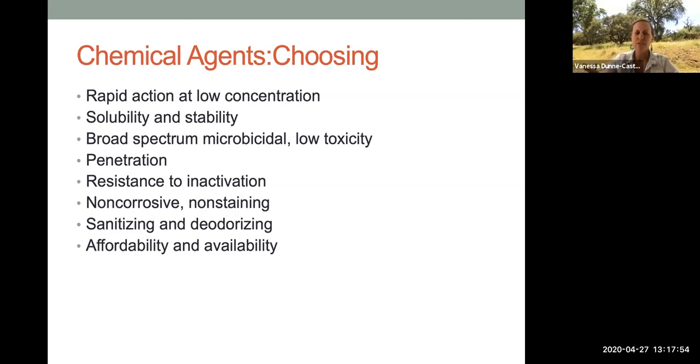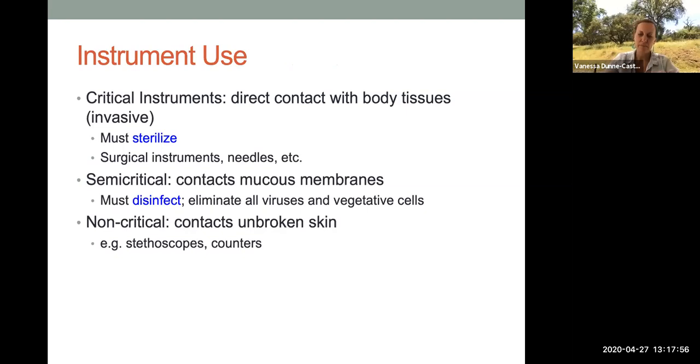Okay, so some more concepts here. These ones are going to be a little bit more important for you when choosing the most appropriate chemical agent. And I think this is not from your book. So if you're looking at the slide and trying to find the correlated parts in your chapter, I think I took this from a different book, but I really like this. And I want you to be able to use these terms when you're deciding the best chemical agent to use